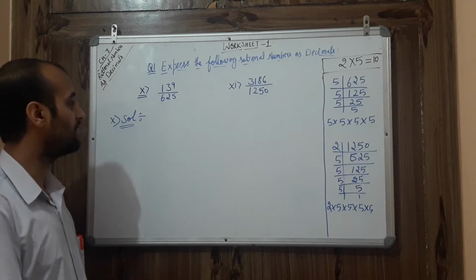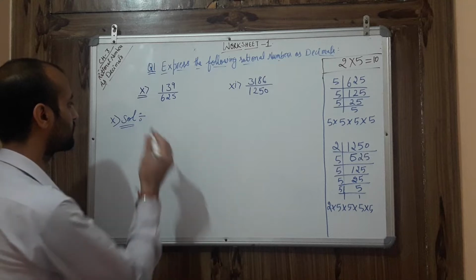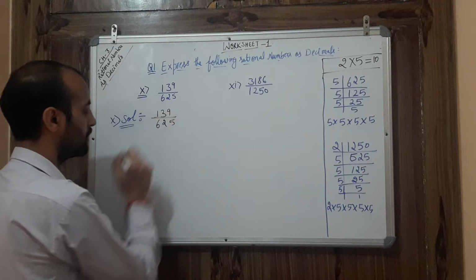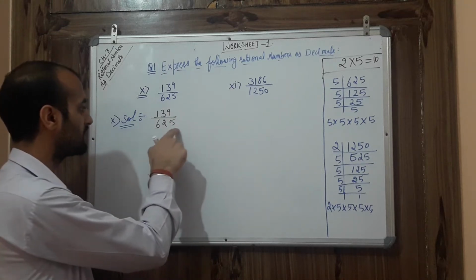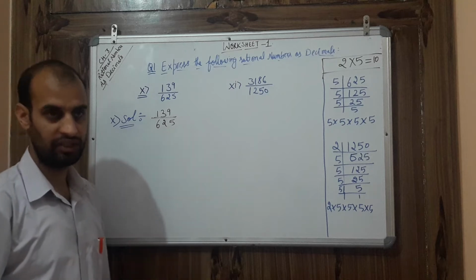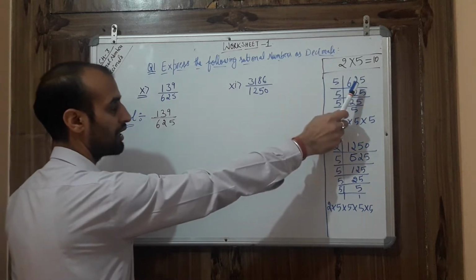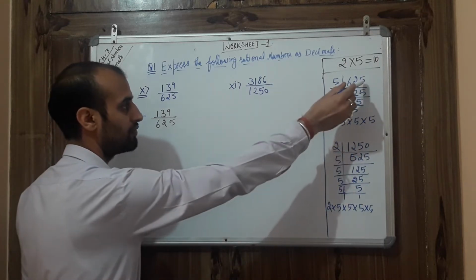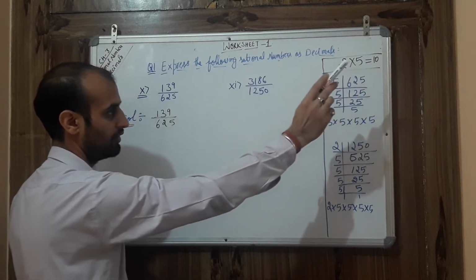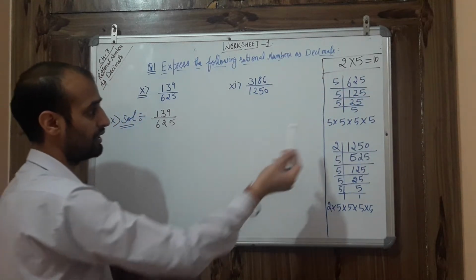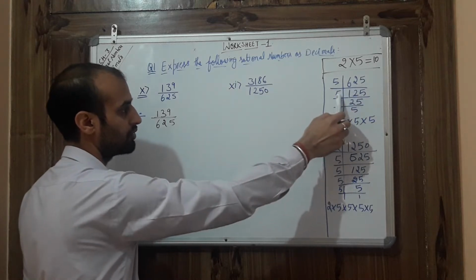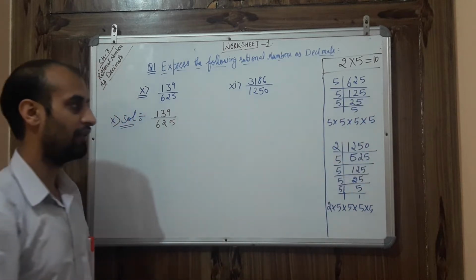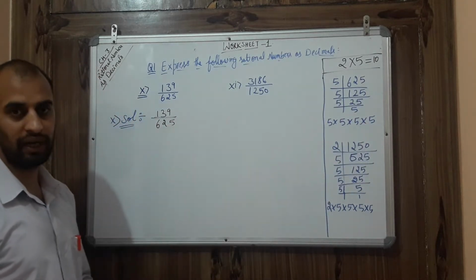So let's see what is the 10th part we have. Here we have 139 upon 625. So the first task, as I told you, is to split this denominator, or do its prime factorization. As I did here, you can see. Write here 625, last digit is 5, so definitely we can divide it by 5. 5 ones are 5, 5 twos are 10, and 5 ones are 5. Then downside it becomes 125, so 5 twos are 10, 2 left, it becomes 25, 5 fives are 25, and 5 fives are 25. In this way, in the denominator you will get 5 to the power 4.